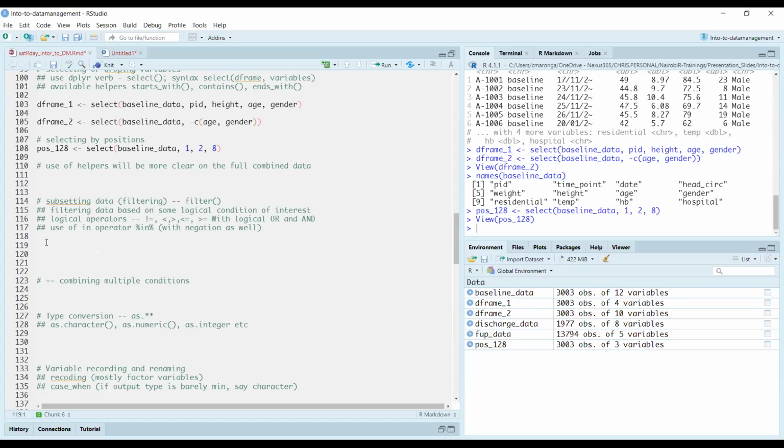So for filtering, you basically want to subset your data based on some logical condition. For instance, in my data set, I have age. So maybe I want a data set containing people who are between a certain age. That's a logical condition. Or I have a variable residential, so urban or rural. So I want to create a data frame for only those who reside in the urban areas,